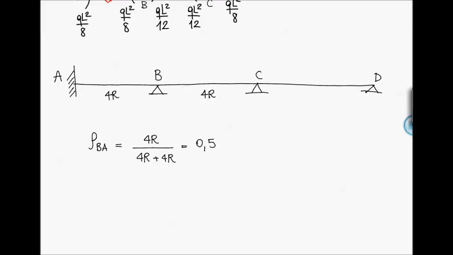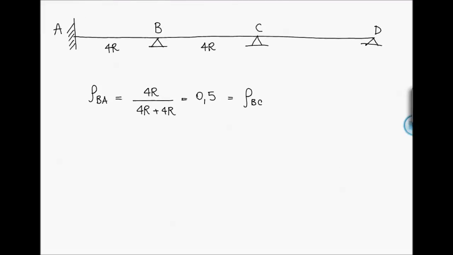Rho BA is also equal to rho BC, because the two beams converging in node B have the same rotational stiffness. The distribution factor rho CB instead is equal to 4R, that is the rotational stiffness of beam CB, over 4R plus 3R, where 3R is the rotational stiffness of beam CD,